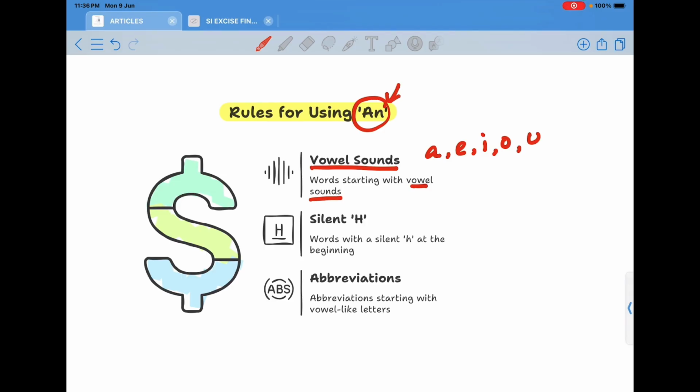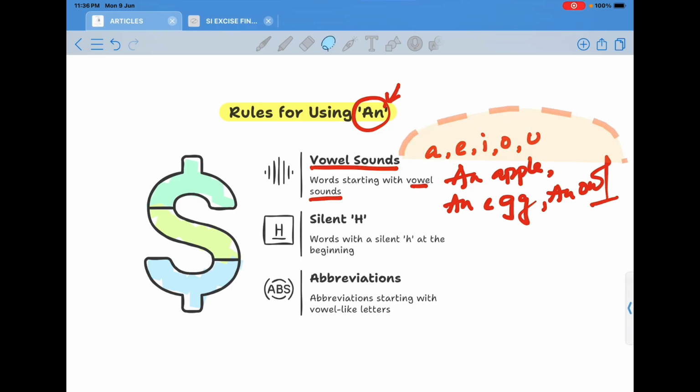For example, an apple. Okay, an egg. Okay, an owl. So this is very basic. Next,